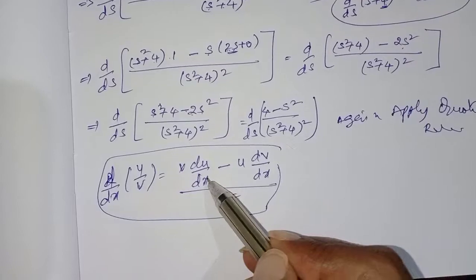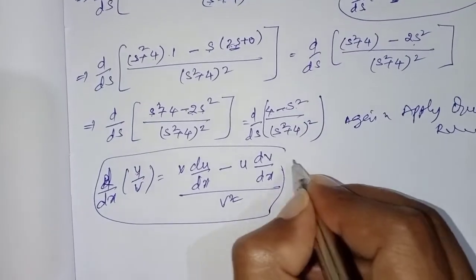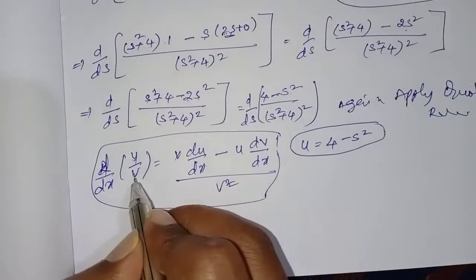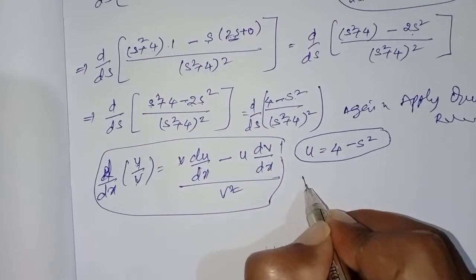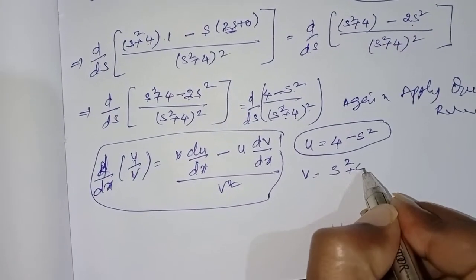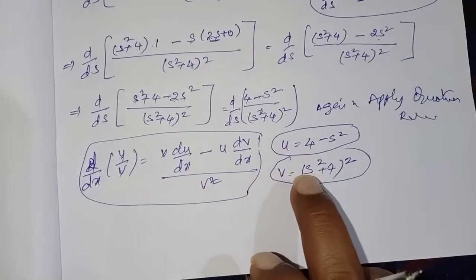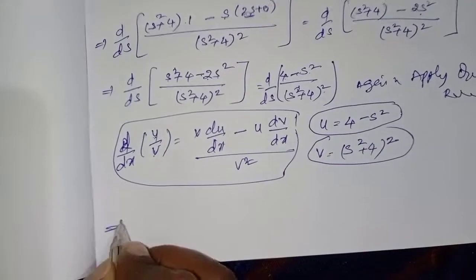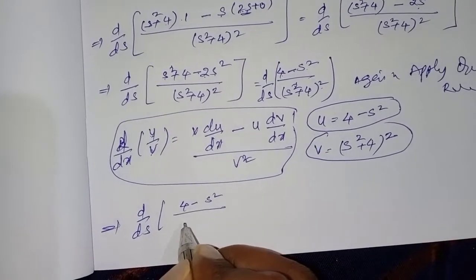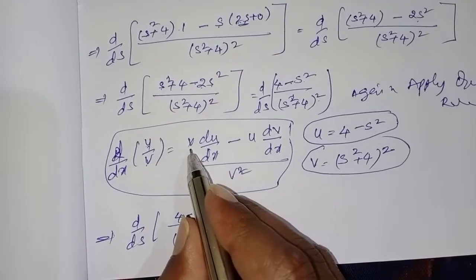So if we compare these two, here the numerator is 4 minus s square, so u is equal to 4 minus s square. The denominator is v, here v is equal to (s square plus 4) whole square. This is the v value. Substitute u and v in the formula, which is equal to d by ds of (4 minus s square) by (s square plus 4) whole square, which is equal to, substituting in the formula,